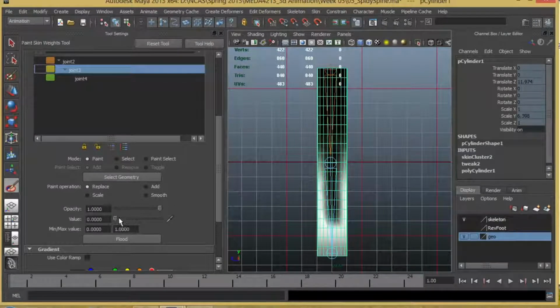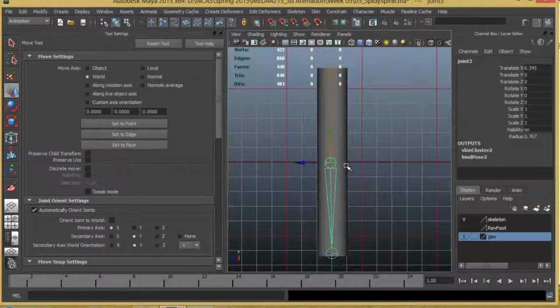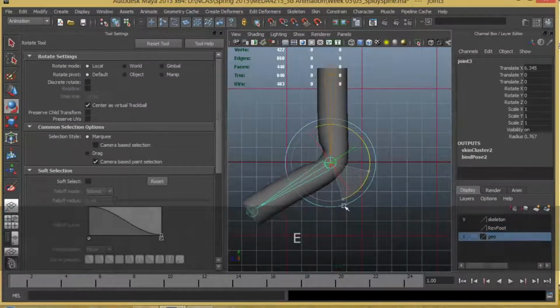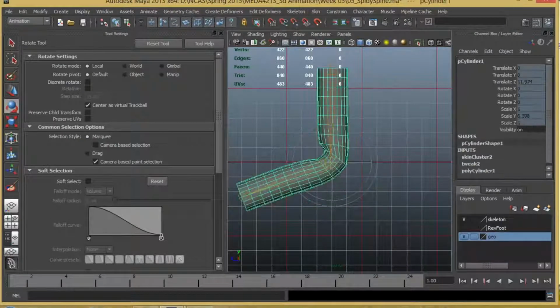At the same time, if I make it a value of 1, it will be making it white in color. So that means this region is going to be affected by this particular joint. Now, to see this more clearly, I will just make a small rotation first for this joint. Okay, now this entire region is being controlled by this joint. Let me go back to this tool again,